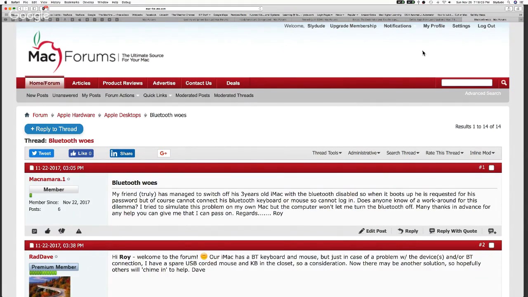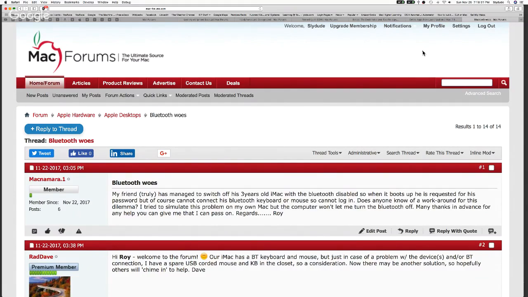So my tip for you is this. Even though the whole world wants to go Bluetooth and go wireless, and I've found Bluetooth for the most part on the Mac to be very, very reliable for me, even on older computers, I'm going to suggest to you that you keep around a wired keyboard for emergencies.